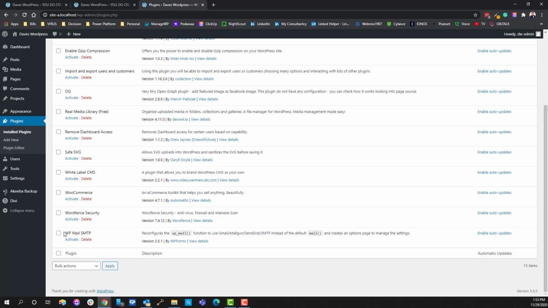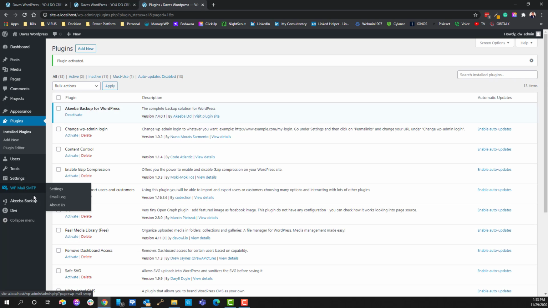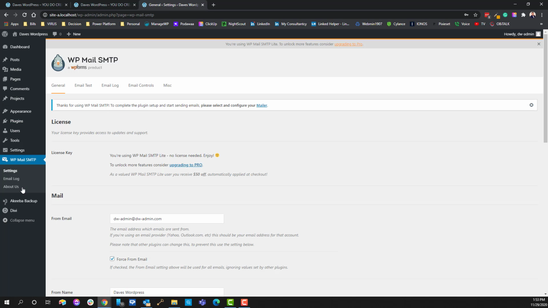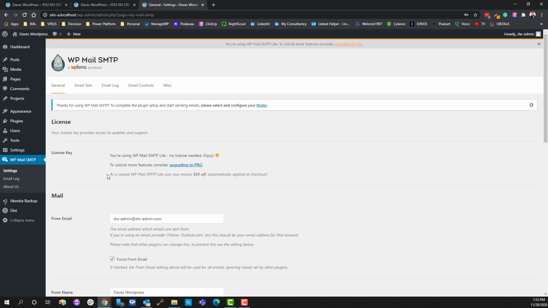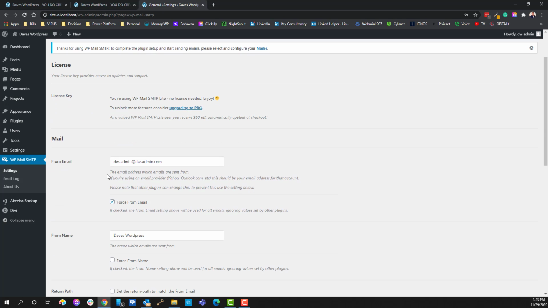As a result, the next plugin that we want to talk about is WP Mail SMTP. It's extremely popular and extremely flexible, and it's free to begin with. So, let's click Activate, and then we'll have a new WP Mail SMTP item over here on the left sidebar. Once you enable that, you will be presented with a plethora of options. Now, it's pretty simple to configure. I'm not going to spend too much time on this because it is pretty straightforward, but suffice to say, if